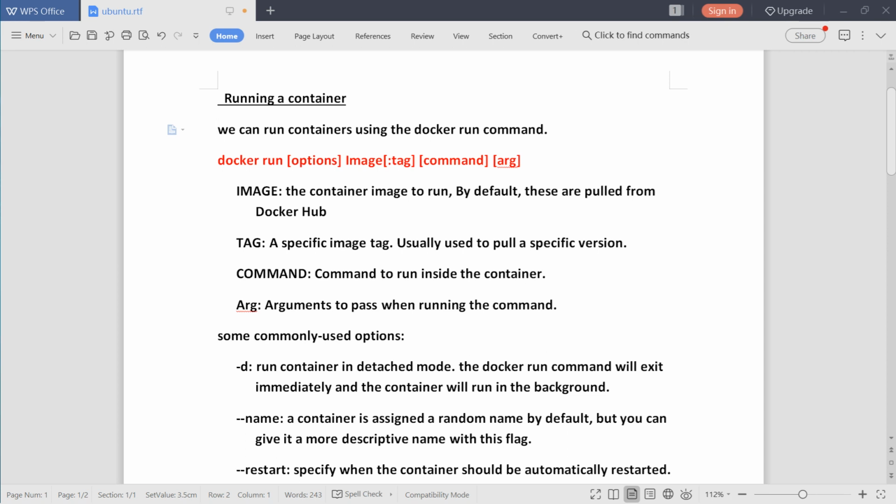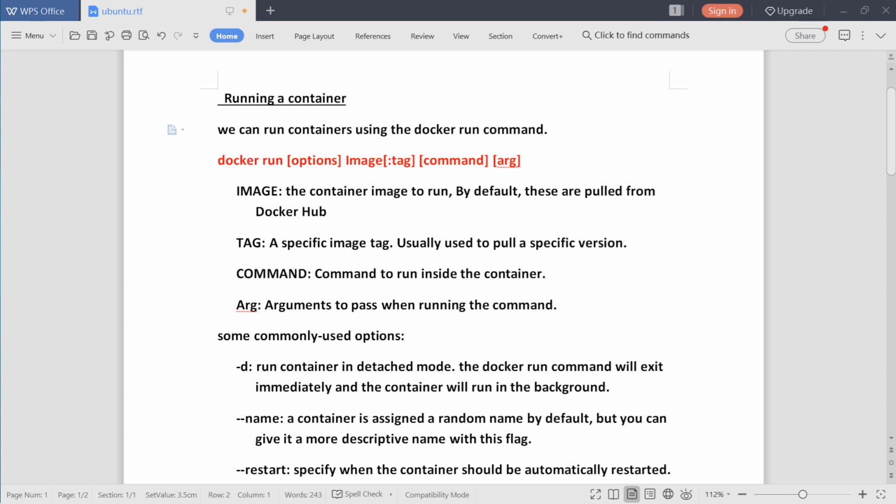Then command. Command to run inside the container. If we provide any Linux command, we can provide it with the run command. It will run inside the container, meaning when the container is running, this command also will run. Then arguments to pass when running the command.